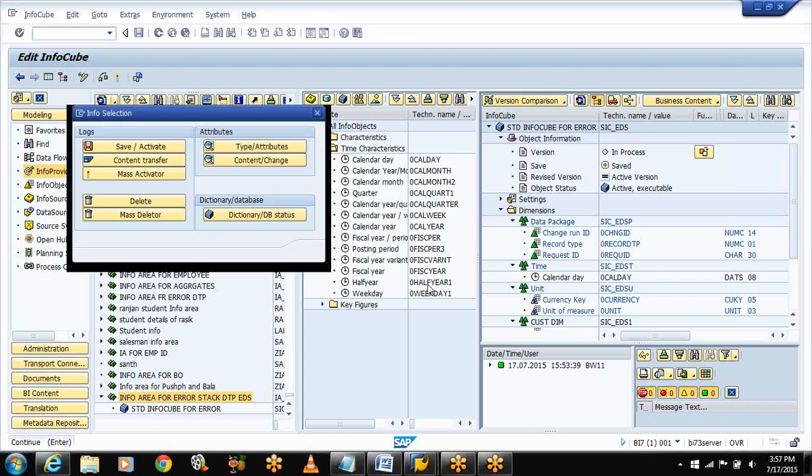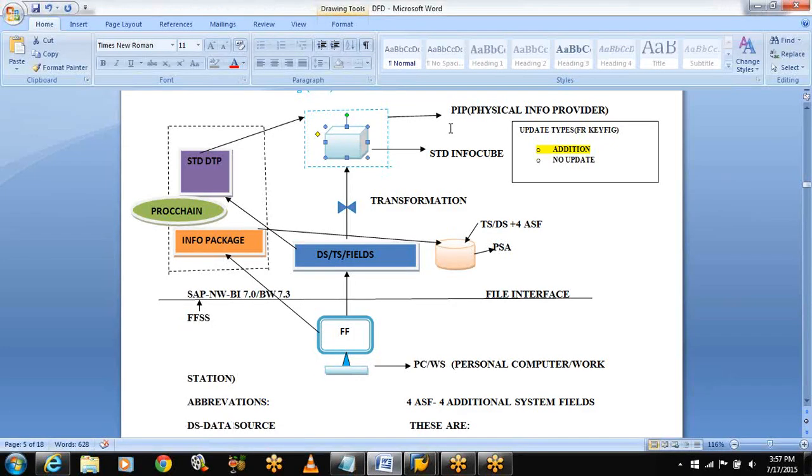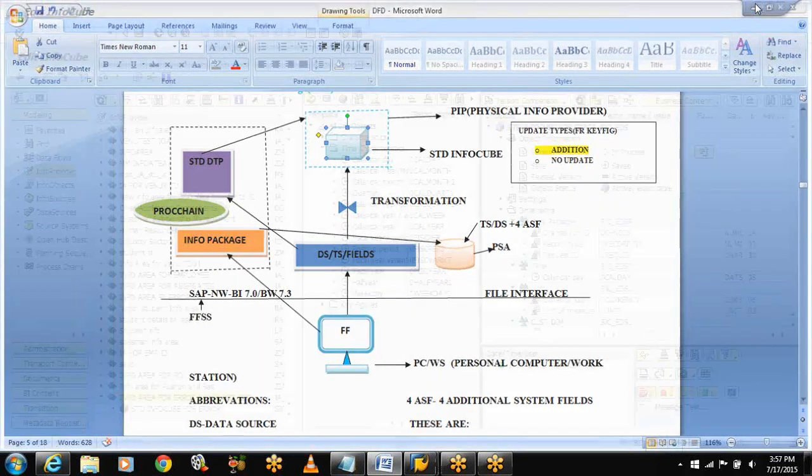Now the creation of my cube is completed, right? Now I have created up to this. See here, physical info provider, standard info cube, update type is for key figure addition, and the data source, and this is my flat file. Now I have to go for the transformations.